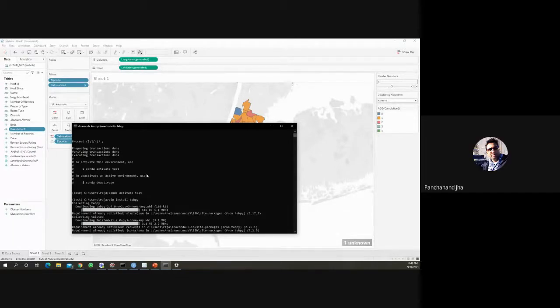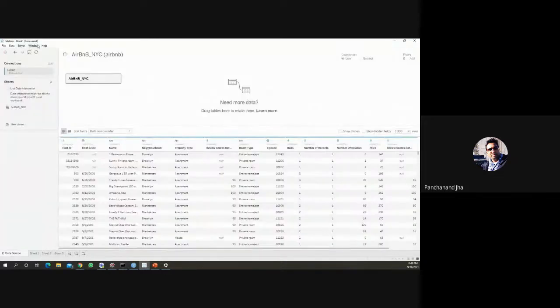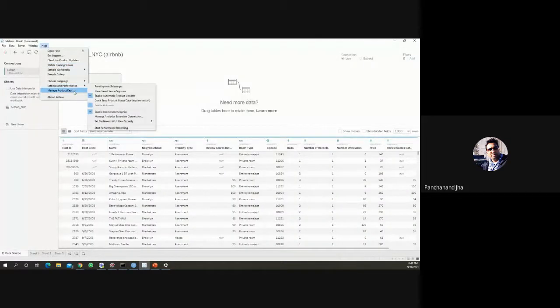Actually, in Tableau, when I'm trying to connect, I'm getting an error like "server is not responding, server is not running." That might be a system specific error, to be frank. Yeah, it's system specific. Exactly. So the point is that I'm not able to find it out.